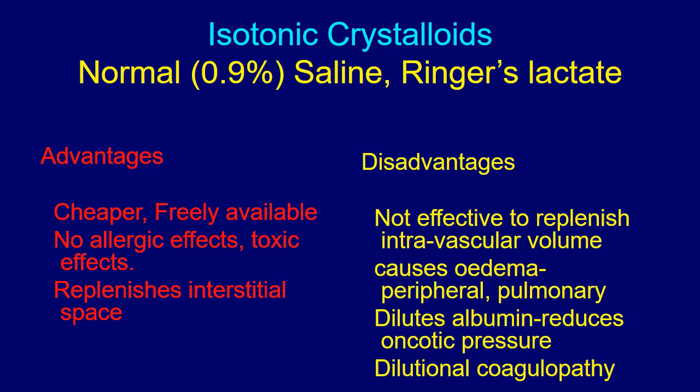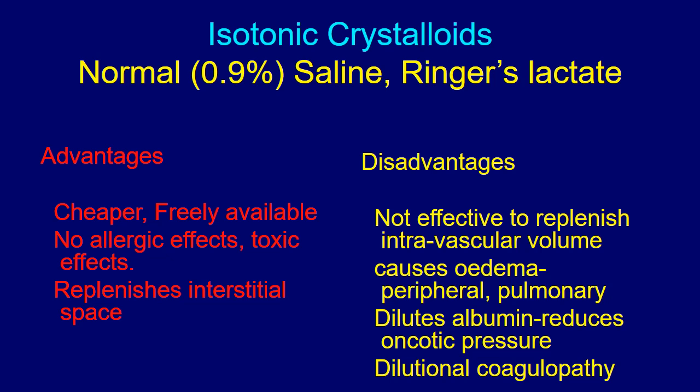So they can cause interstitial edema, which could be peripheral edema or pulmonary edema, if you infuse a lot of isotonic crystalloids. So you have to be very careful when you infuse isotonic crystalloids to kids, neonates, infants, children, and elderly and critically ill patients. Since their vascular endothelia are not as strong as in an otherwise healthy person, the fluid can easily diffuse into the interstitial space and cause interstitial edema, like pulmonary edema or peripheral edema.